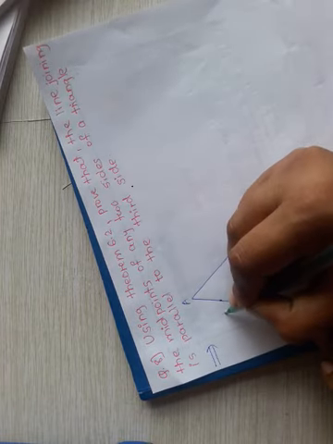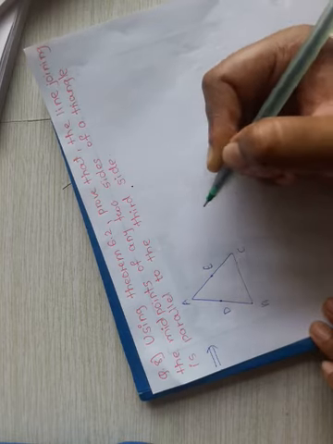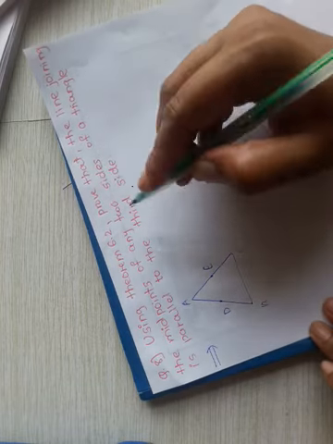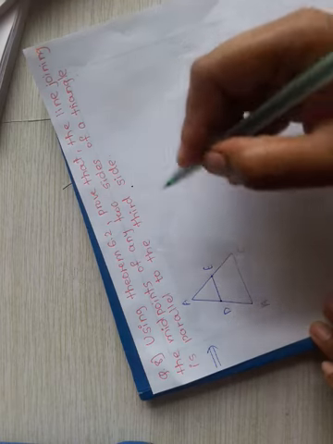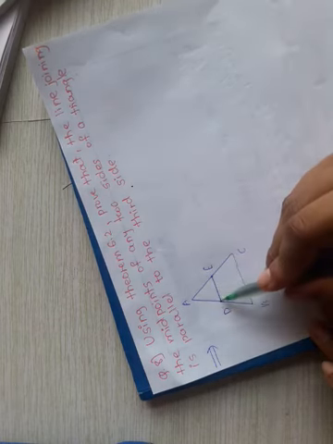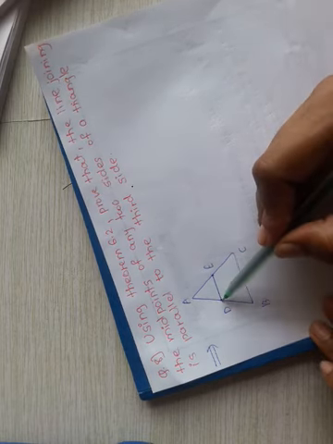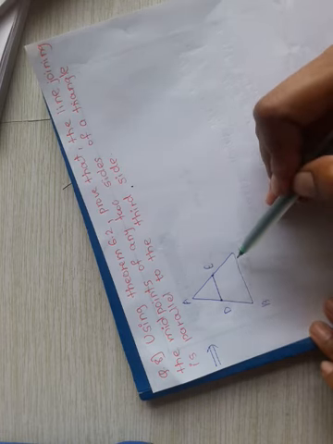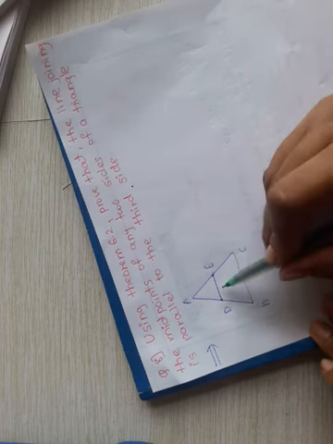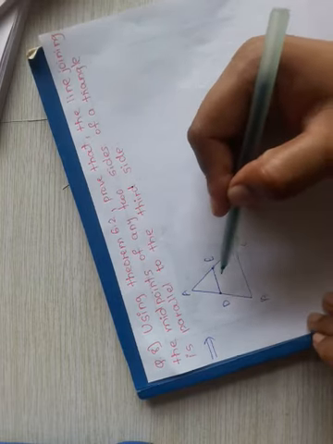Suppose D is the midpoint of side AB and E is the midpoint of side AC. The line joining these two midpoints is parallel to the third side. What do we have to prove? We have to prove DE parallel to BC. D is the midpoint and E is the midpoint, given to us. If we have to prove DE parallel to BC, then ratios must be equal, so first we have to find out that the ratios are equal.